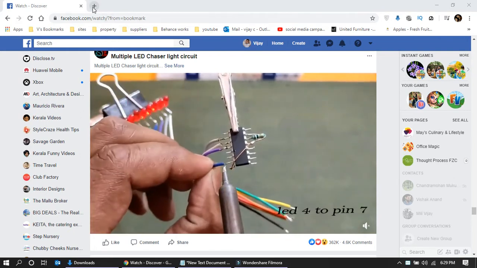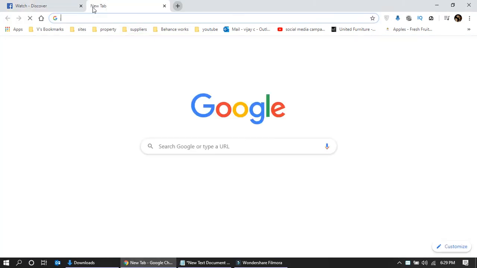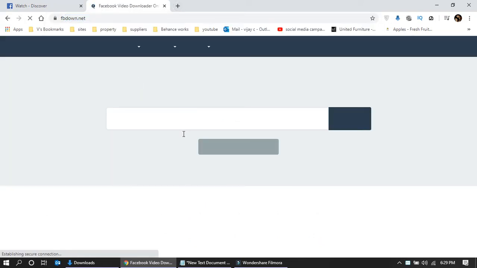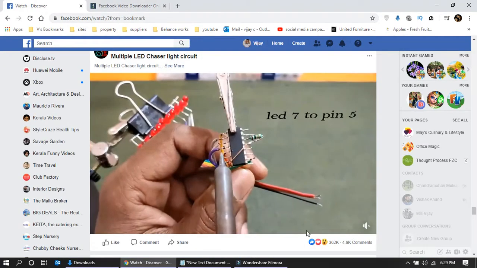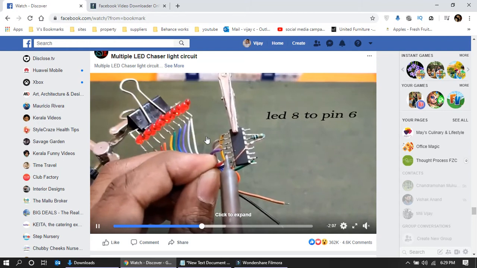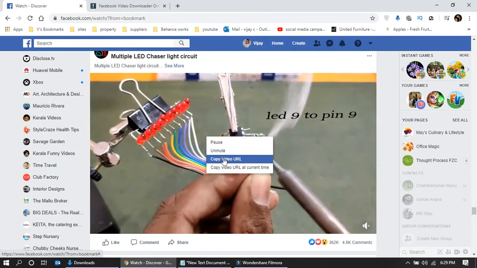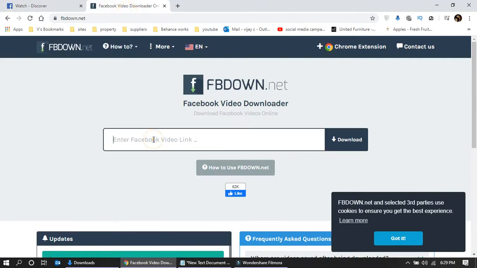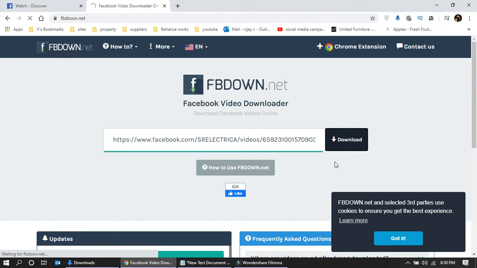So what you have to do is that you have to just go to a page called fbdown.net. Okay, so the page is open. So imagine you want to download, for example, this video. So just copy the video URL, just paste it over here, click download,